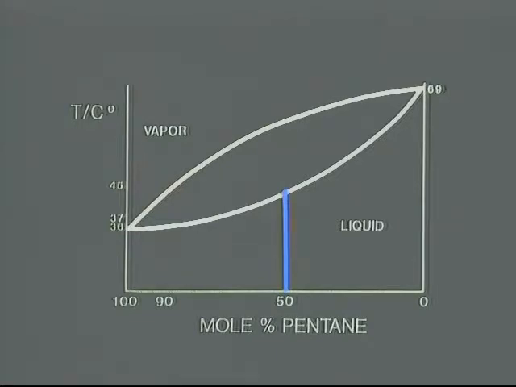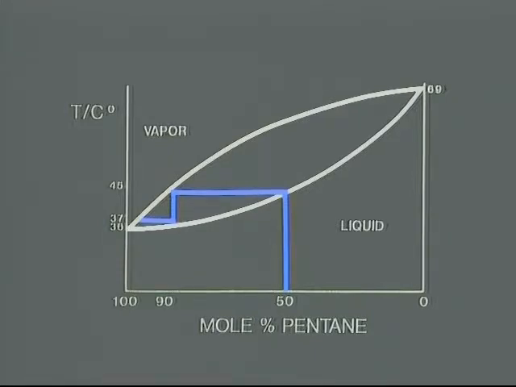The initial normal boiling point is about 45 degrees. The mole percent of pentane in the vapor is determined from the tie line on the graph between the liquid and vapor equilibrium phases. In this case, the mole percent of the pentane in the vapor is about 90%. If the vapor phase is removed and condensed into a liquid, a process represented by the vertical line on the diagram, the liquid obtained is still 90 mole percent pentane. If this condensed liquid is heated, it will boil at about 37 degrees, and the mole percent of pentane in the vapor phase is about 98%.